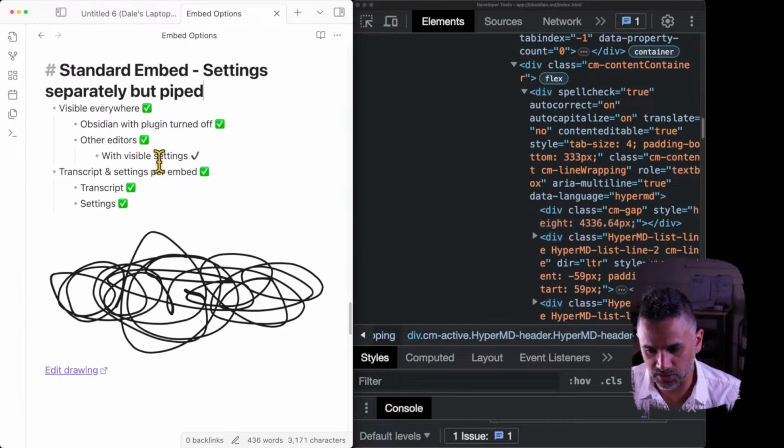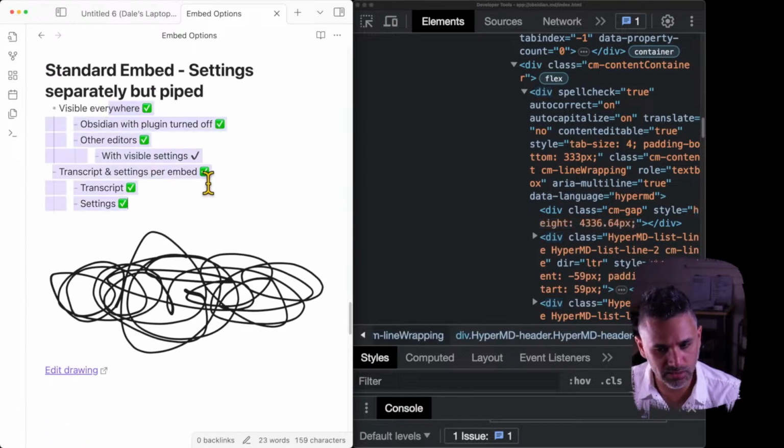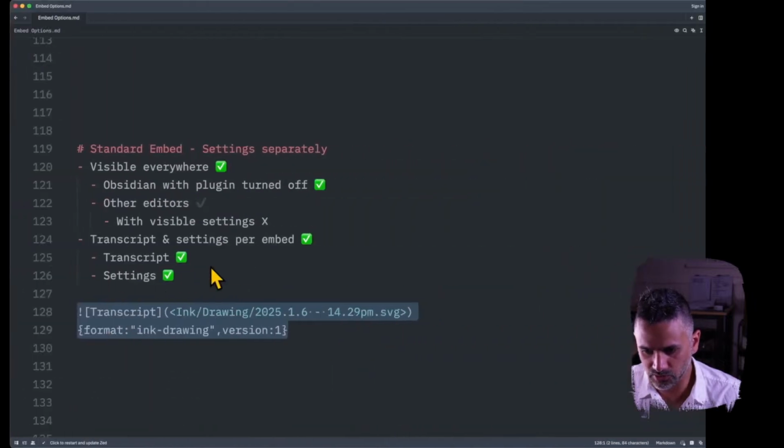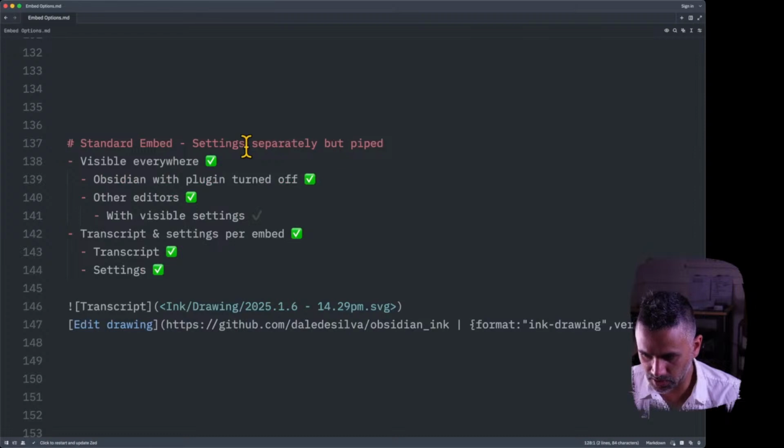So let's have a look at this one. This looks like it's got all ticks. It's got visible settings in other editors, but it doesn't seem to have it here. So let's have a look at how this is made. So how the sausage is made is settings separately but piped. And you can see now the settings are on their own line,